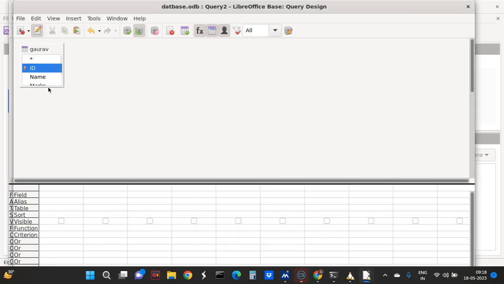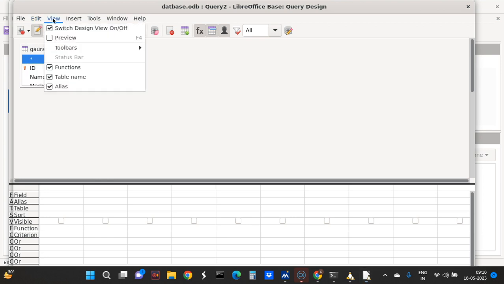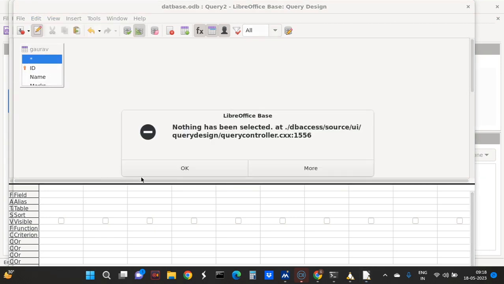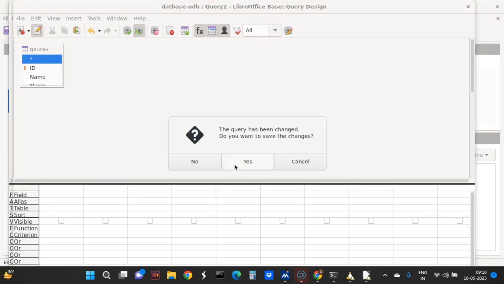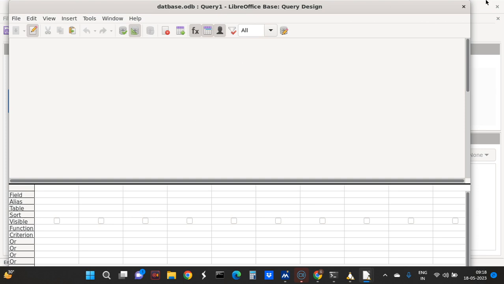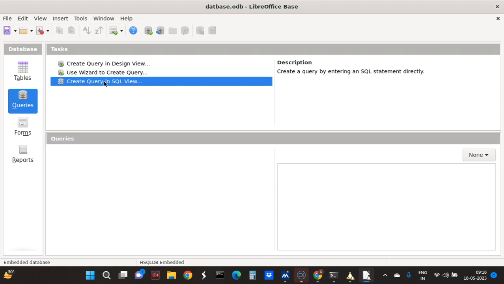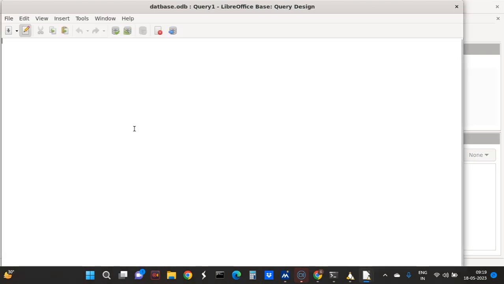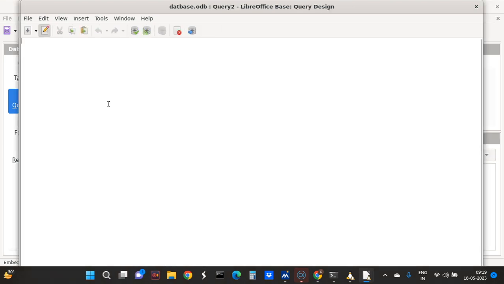Here you can see this is an entity diagram, and we have to run a query. Wait a minute. There are two types of views. One is the design view, as I told you earlier, and next is the SQL view. So from command line, first we'll go to SQL view, and then I will just